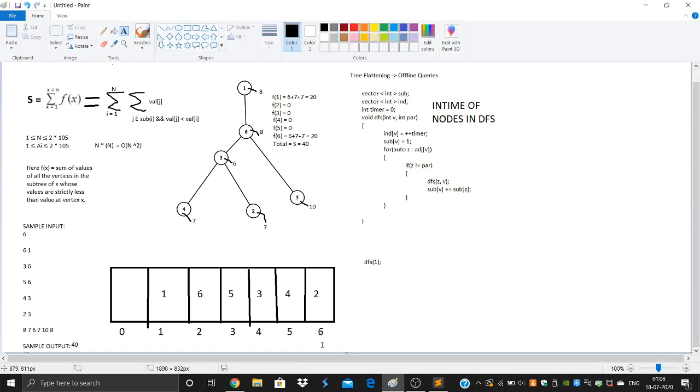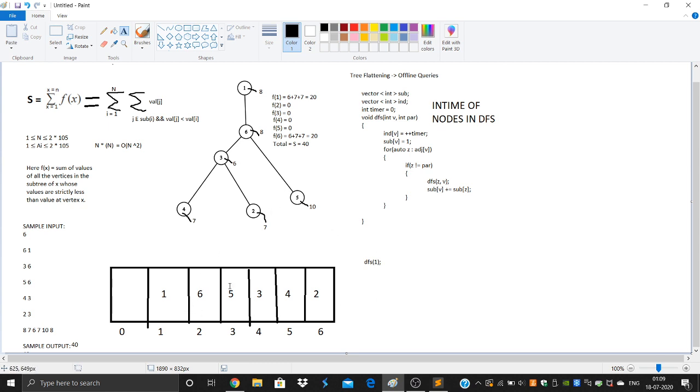So the index of this array is basically the time taken. Our DFS took O of n time, that is not exactly O of n, it's actually O of e plus v. But then we visited 6 vertices. So if we record the in time, at t equal to 1 we visited 1, then at t equal to 2 we visited 6, then at t equal to 3 we visited 5, t equal to 4 we visited 3, and so on and so forth. So we get this kind of representation over here.